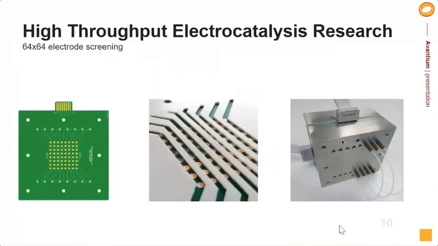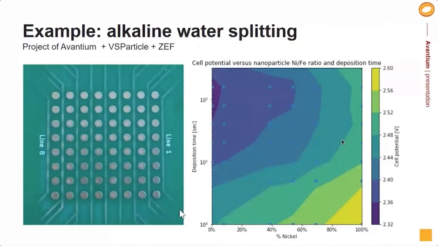So what we did is we developed a high throughput setup to test electrocatalysts. What you see here on the left is a wafer with 64 electrodes. On this wafer, we can put a gasket with flow fields, and the wafer plus the gasket goes into a cell where we can flow the liquid through and apply the current to run the reaction. And then I go to the next slide.